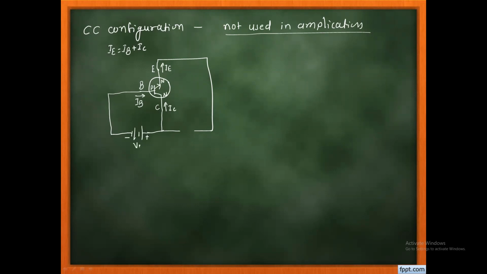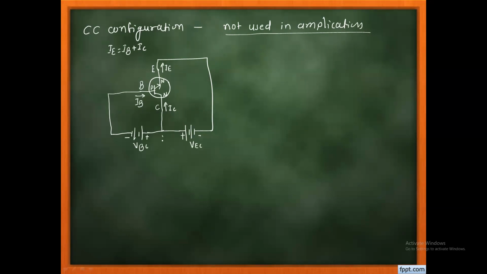So I say that this is a battery VBC. And the emitter to base junction, as we want to connect in forward bias, so this N region, the emitter region, we need to connect to the negative terminal, and the remaining positive terminal we don't have a choice, so we connect it to the collector terminal. So this is the battery VEC.